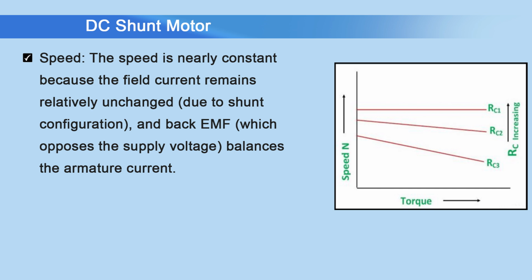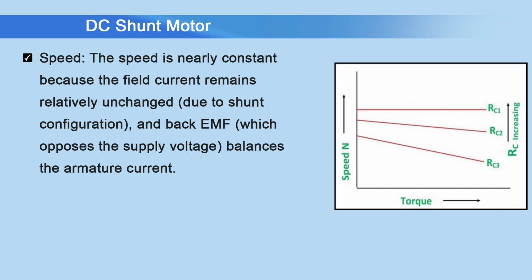So in the case of DC shunt motor, the back EMF is balancing the armature current in order to get the almost constant speed. So these characteristics make DC shunt motor suitable for application which requires constant speed, such as